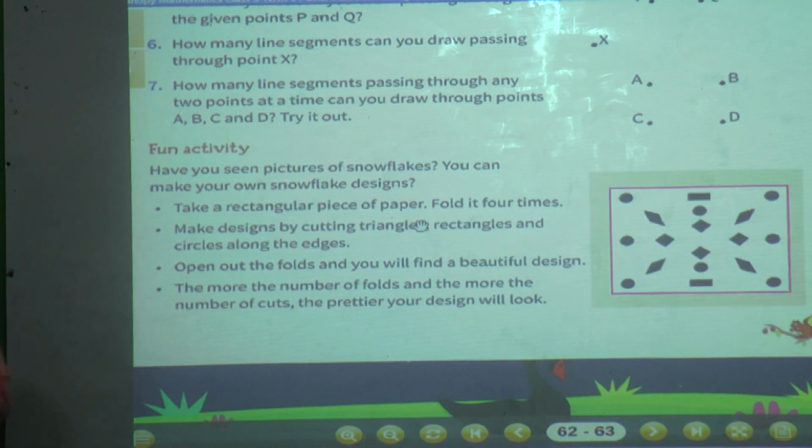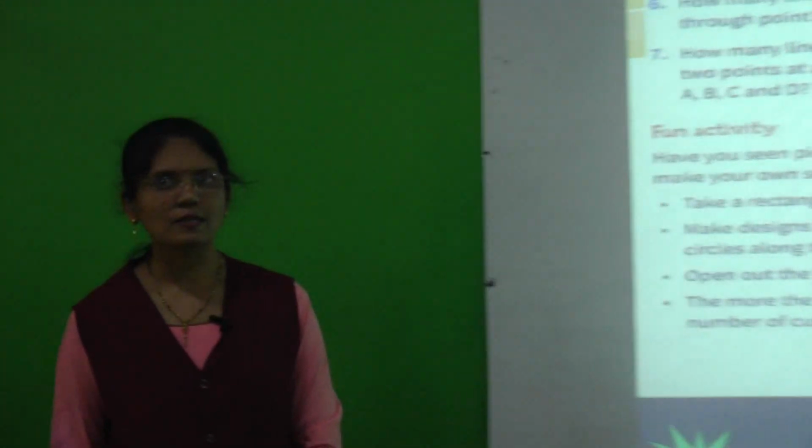Okay, understood? So in this way students, we have seen the fourth lesson. What have we seen? First we have seen the plane shapes. What are the plane shapes? Square, triangle, rectangle and circle. These are the 4 plane shapes. Then we have seen solid shapes. What are the solid shapes? Cube, cuboid, cone, cylinder and sphere. After that we have seen the properties of the solid shapes. Then we have seen patterns, and finally today we have seen what is meant by tiling.